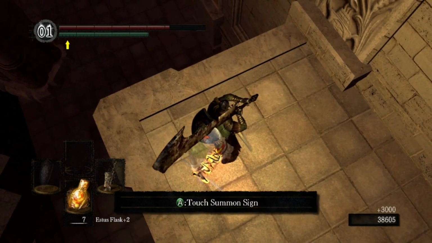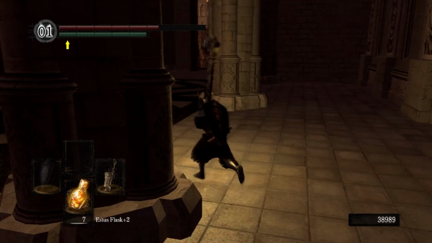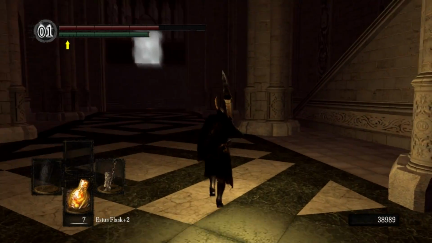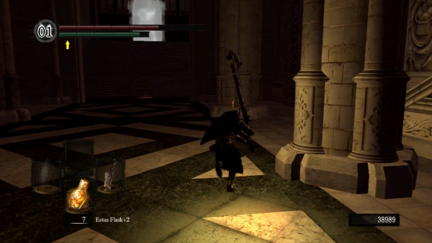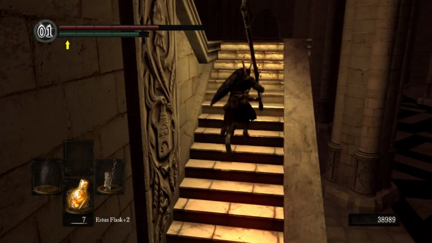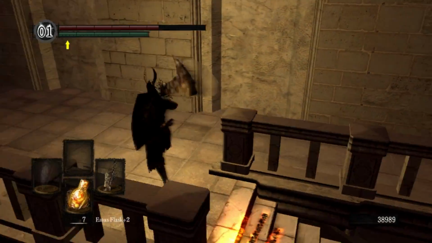Okay, so here we have a summoning sign for Solaire. Pretty much every big boss you can summon Solaire, as I have mentioned. There's the fog door, like I was saying, but before we go ahead and activate it, there's still some stuff that we need to do. There's still an item on that ledge that we need to get, and hopefully we can make the